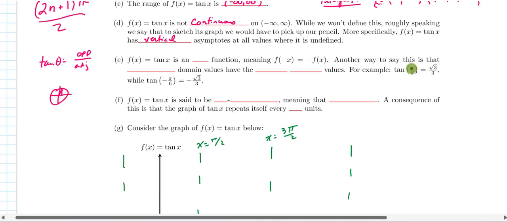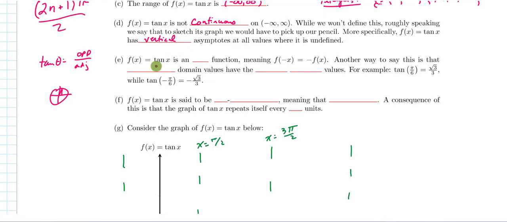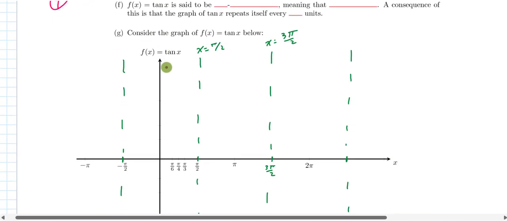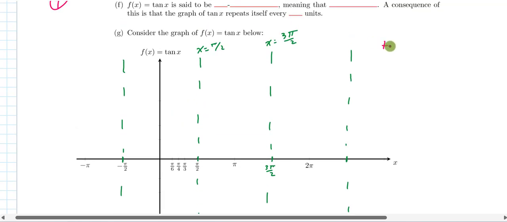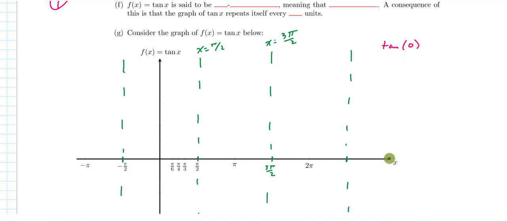Okay. Let's put a pin in this calculation here. We'll refer back to this odd statement here in just a second. Let's go ahead and plot a few points on my tangent function. So if I ask you for the tangent of 0, when x is 0 on my x-axis, what's the tangent